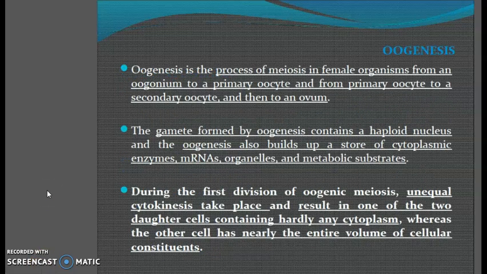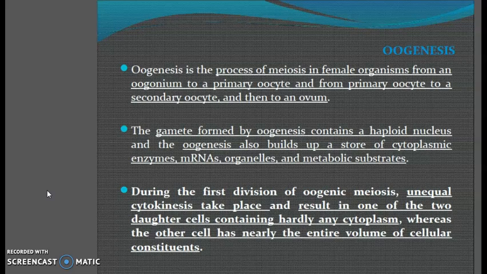Oogenesis is the process of meiosis in a female organism from an oogonium to a primary oocyte, and from primary oocyte to a secondary oocyte, and then to an ovum. The gamete formed by oogenesis contains a haploid nucleus, and oogenesis also builds up a store of cytoplasmic enzymes, mRNAs, organelles, and metabolic substrates. During the first division of oogenic meiosis,